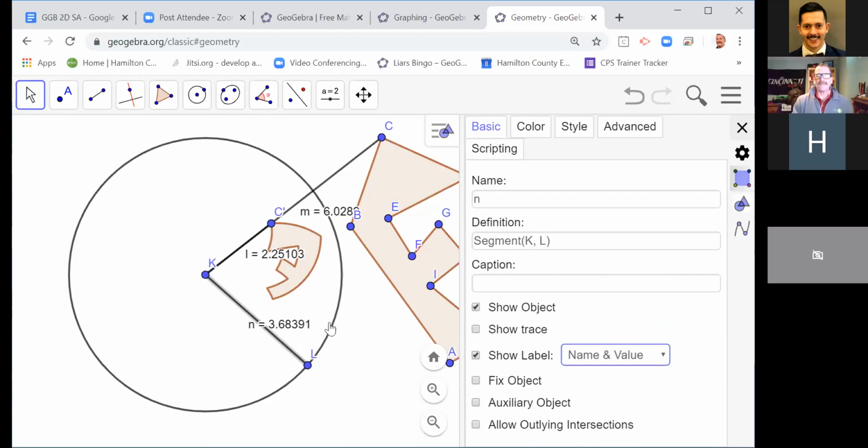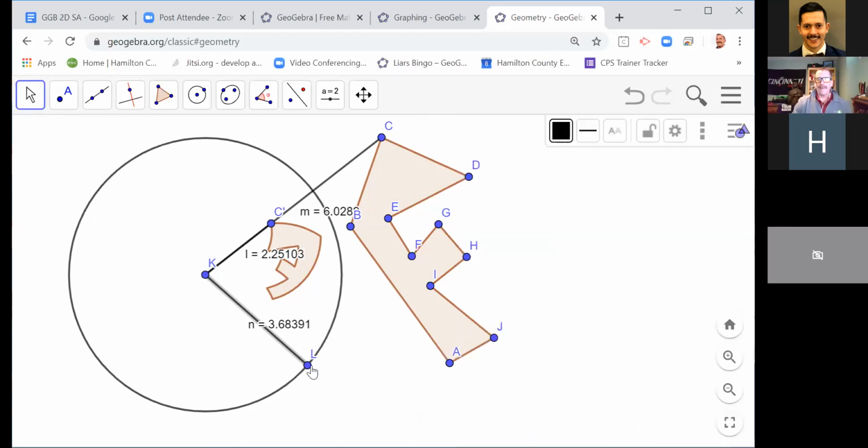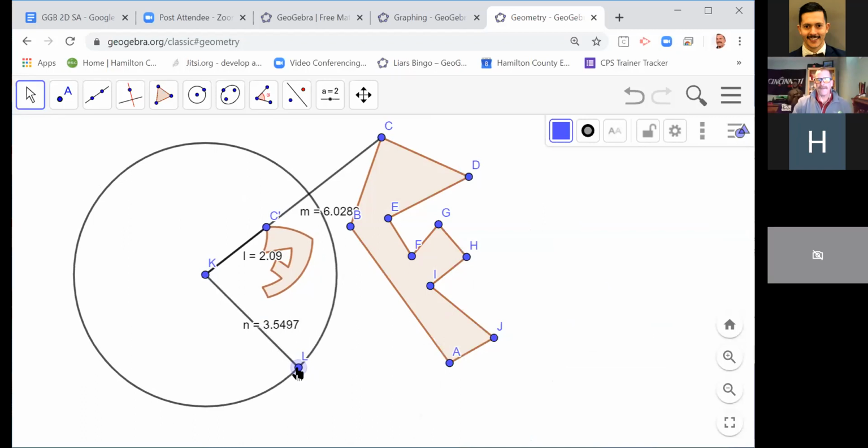So the radius of my circle is about 3.5, a little bit more than that. And let me see if I can kind of make my radius